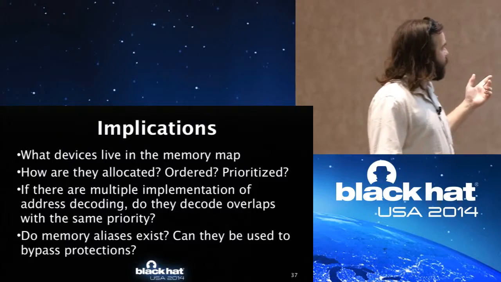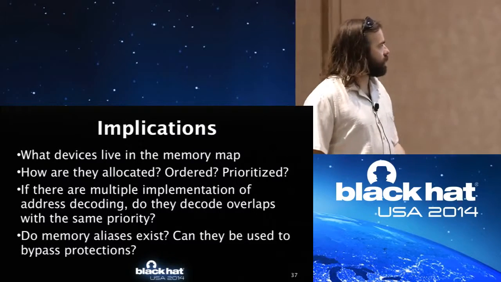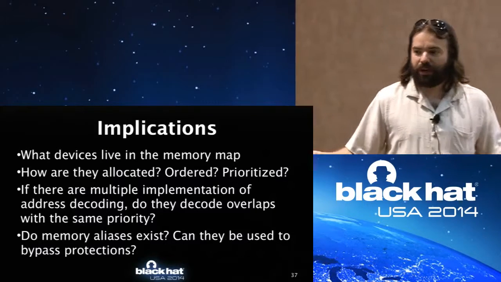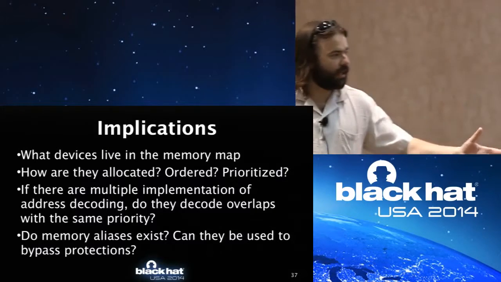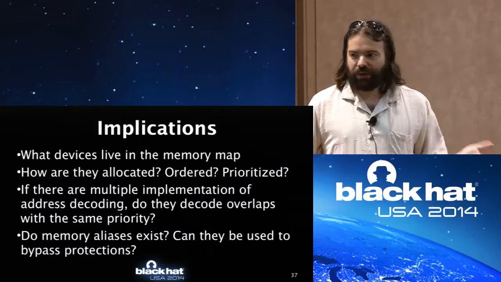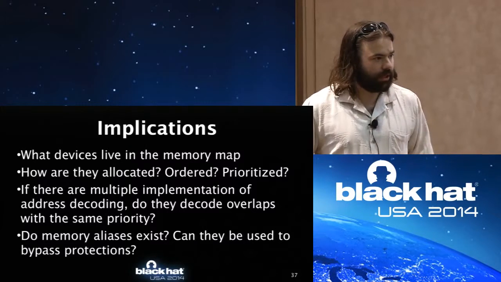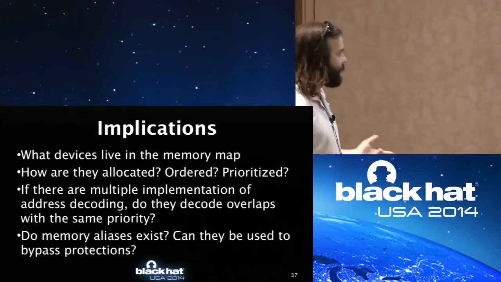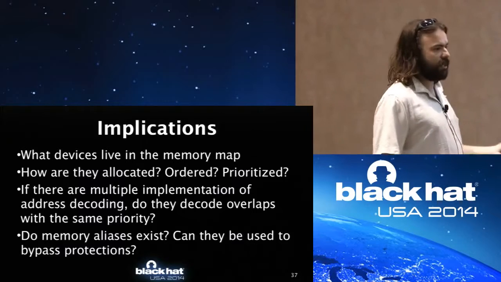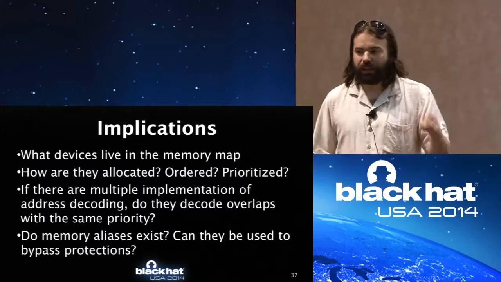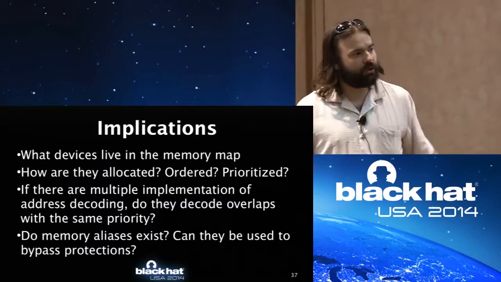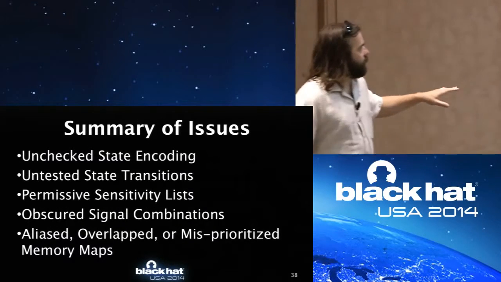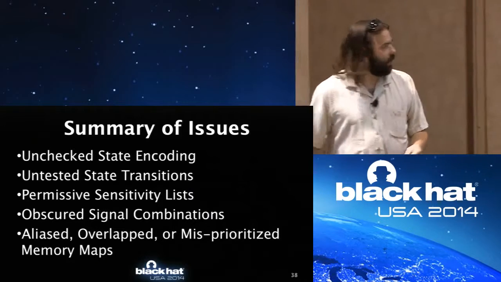So what devices live in this memory map? How are they allocated, ordered, and prioritized? If there are multiple implementations of address decoding, do they decode overlaps with the same priority? If you have two different devices on a bus, they might each have their own address decoding as to where they send things on the bus. Is it actually identical? Can you take advantage of that? And finally, do aliases exist? Can these aliases be used to access a byte of memory that is protected if you were to access it as another address? So as a summary, we talked about some unchecked state encoding,